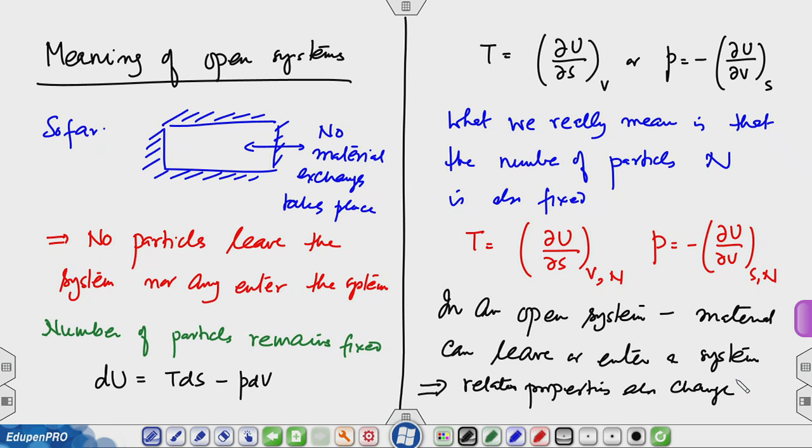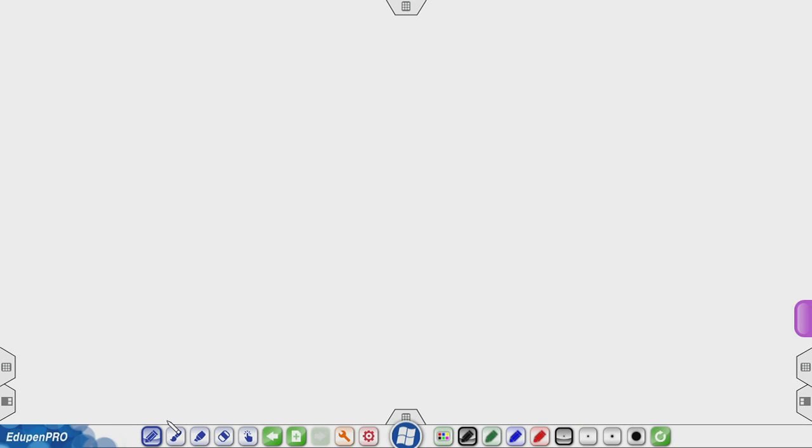For example, if a particle is coming into the system with some energy, it will increase the internal energy. So examples of such systems will be,